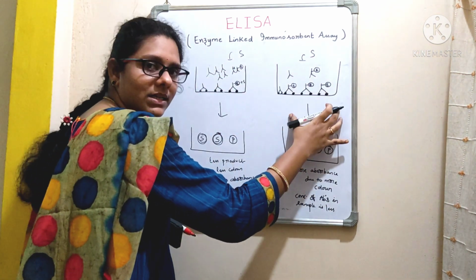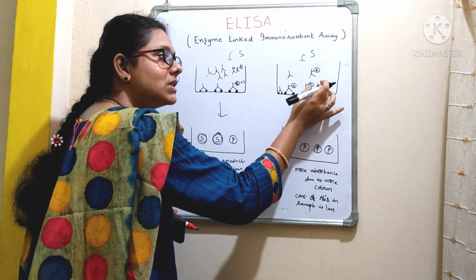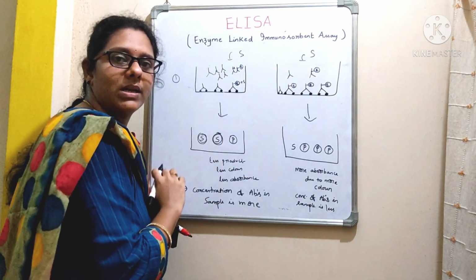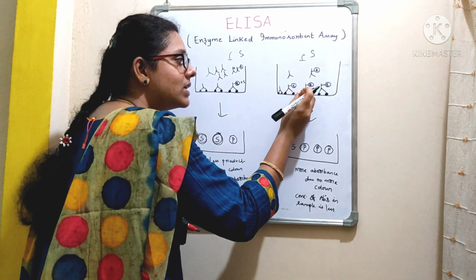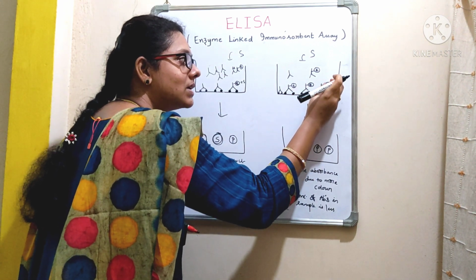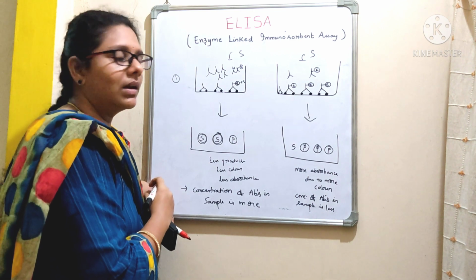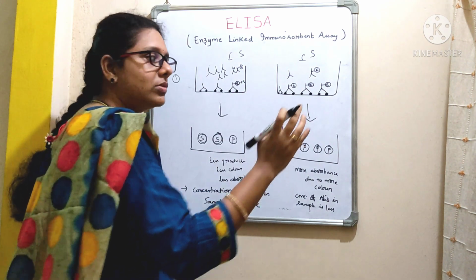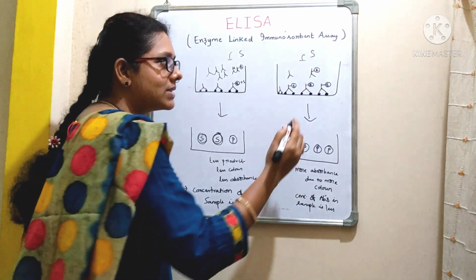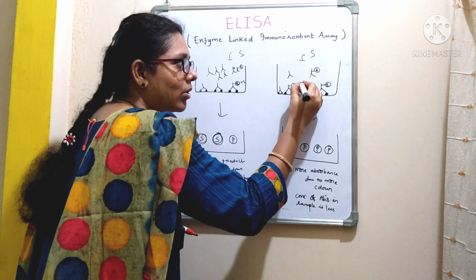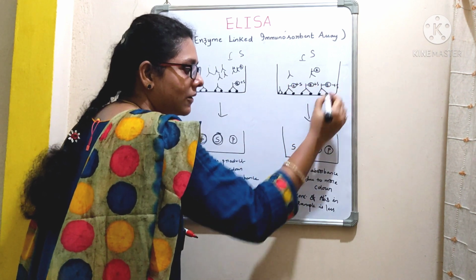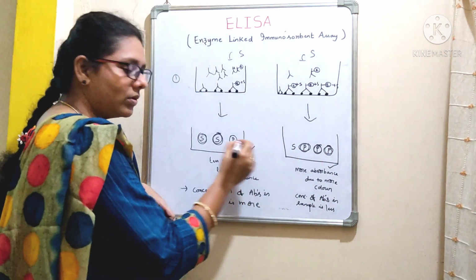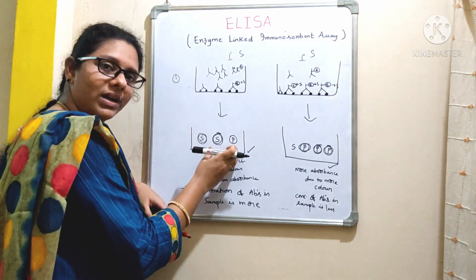When it comes to the other condition, that is, if the antibodies that are conjugated with the enzyme are more in concentration compared to the antibodies that are present in the sera of a patient, most of these antigens were occupied by the antibodies that are conjugated with the enzyme, right? So in the next step, you are going to wash to remove those unbound antibodies. Then you have to add a substrate. When you add a substrate, all these enzyme linked antibodies will react with the substrate and give rise to a product. So here the product is more compared to this, because the product is less here.